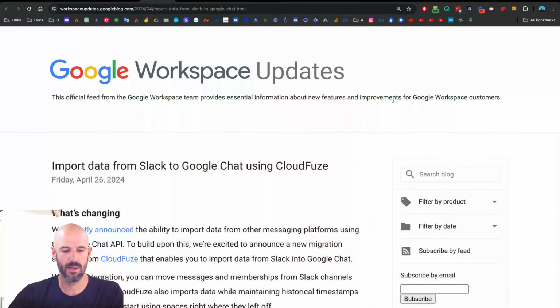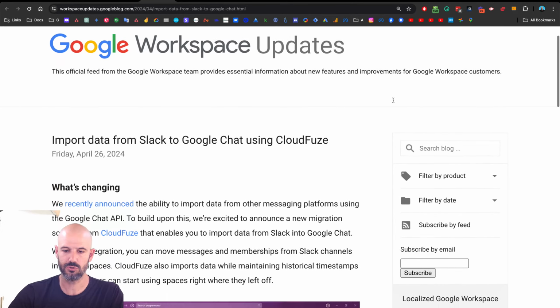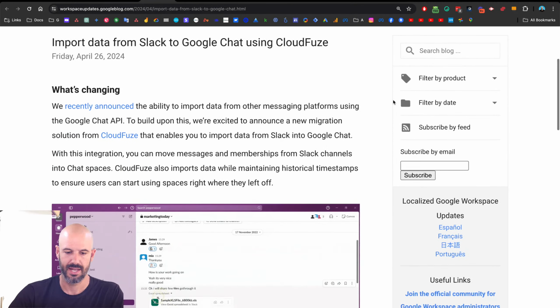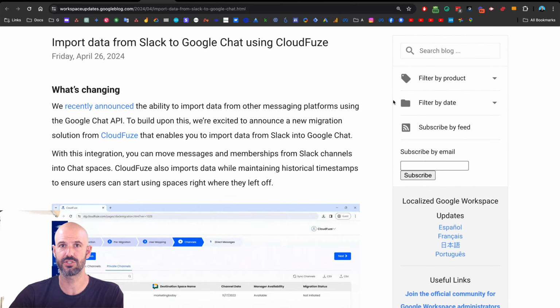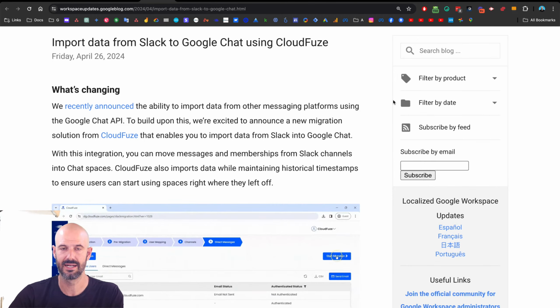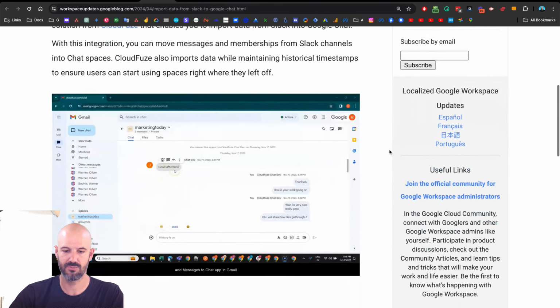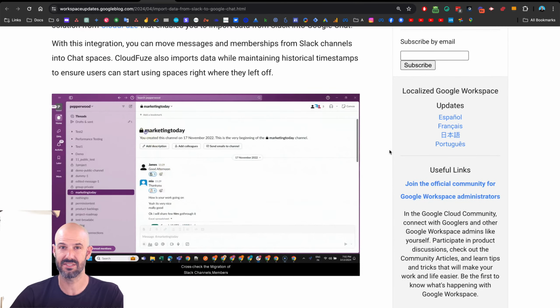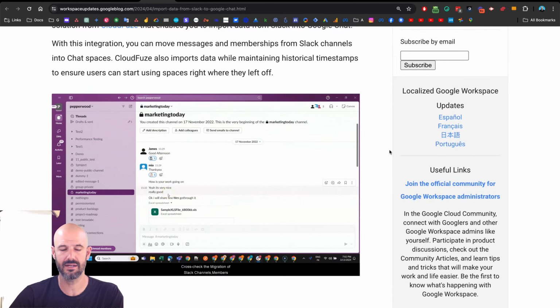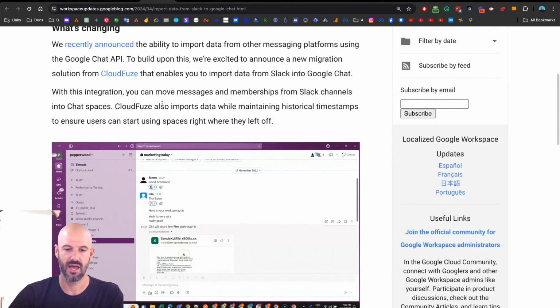Okie dokie, next update. You can now import data from Slack to Google Chat using Cloud Fuse. Now, this is, I think, a great initiative from Google. We've seen many customers who are still using Slack or other chat tools, and this looks like a way to bring your conversations into the Google world. Google recently announced an API for chat that allowed you to import historical data, and I guess Cloud Fuse have gone ahead and